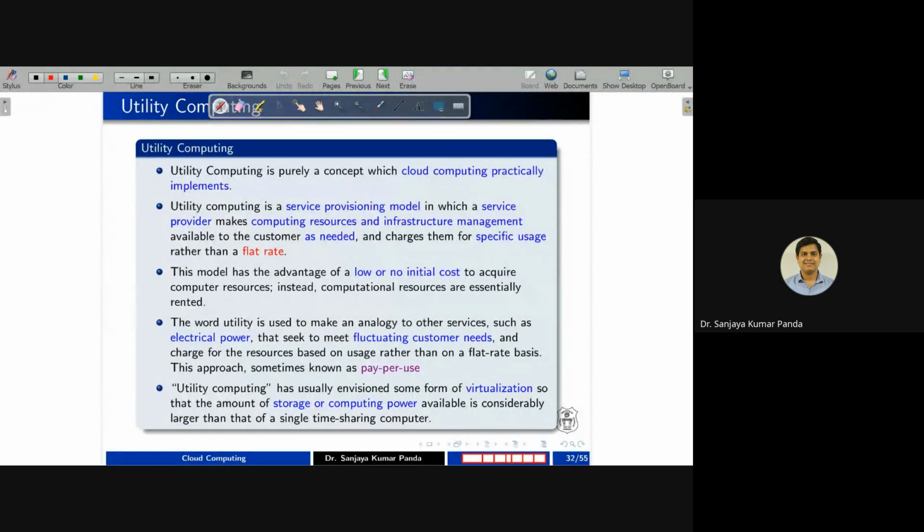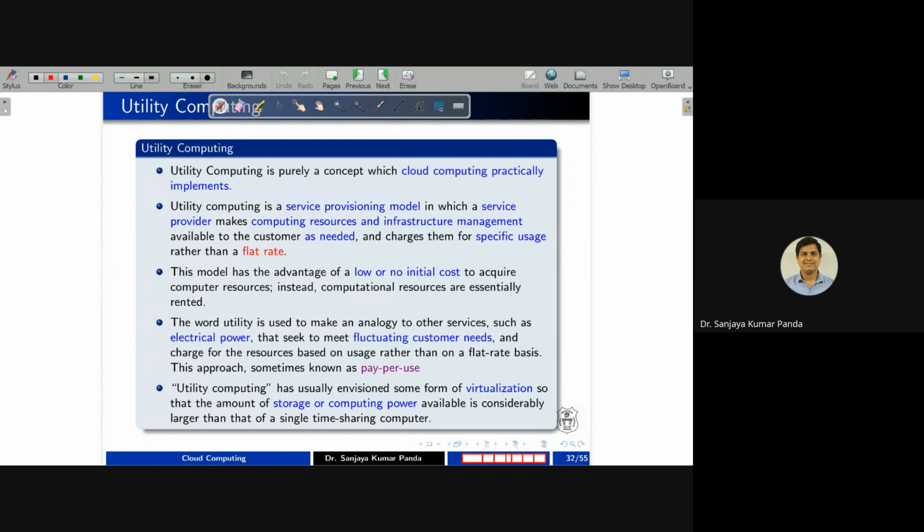Now the last computing paradigm before introducing cloud is called utility computing. Already I mentioned there are 5 utilities we discussed in this lecture. We started with water as one of the utilities. We have seen electricity is one of the utilities. Similarly, we have seen telephone is another utility. Gas connection is also one of the utilities. After 4 utilities, we want the 5th utility system in our environment, that is our cloud.